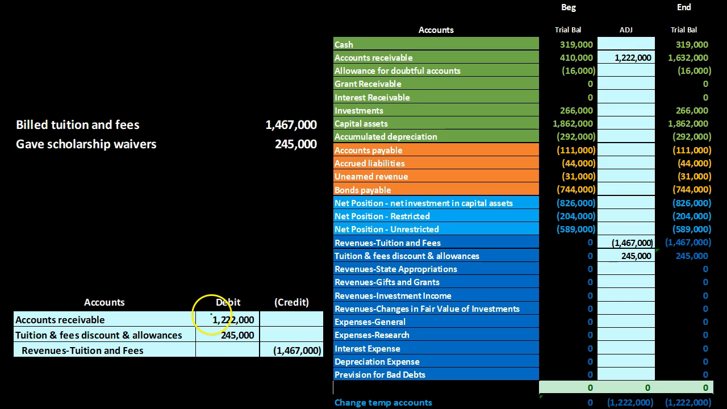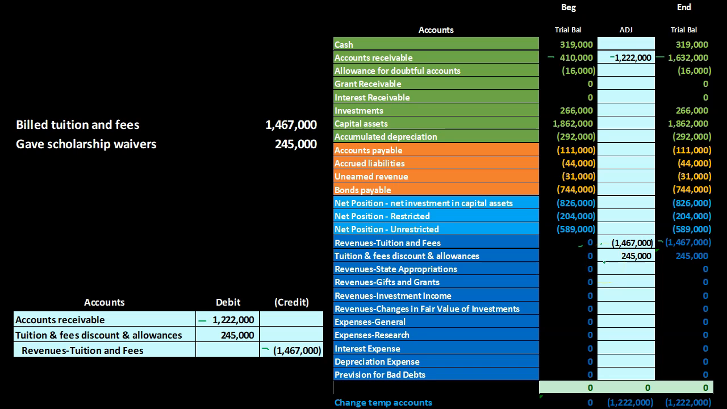We're going to say, of course, that the receivables will increase. Receivables here, that's going to go up in the debit direction as we would expect. The revenue is going to be going up for the tuition as we would expect. So revenue then is increasing. However, it's increasing for the full amount, even though we know we're not going to get money on some of it. Instead of decreasing revenue for the amount of the scholarship waivers,